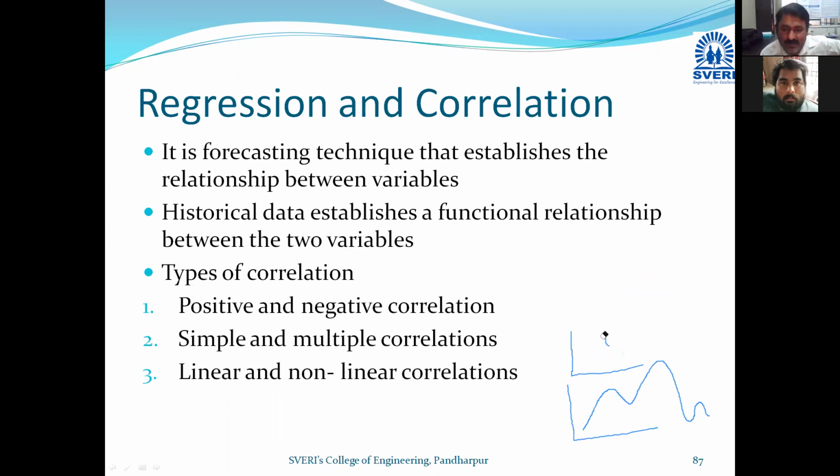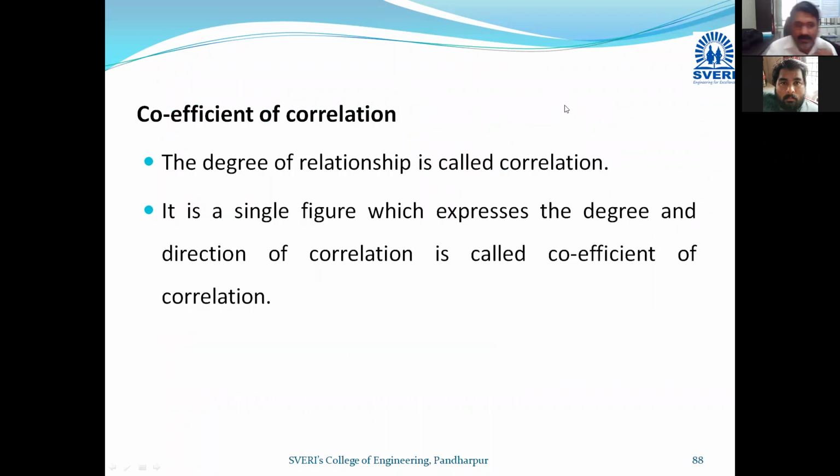So these are some of the types of correlations. And let us proceed further. So coefficient of correlation, very important. See, there are these different aspects that are required to be discussed. So now 3-4 different pointers are there. I request you, wherever formulas are there, you should write the formulas. It will be helpful for calculation.